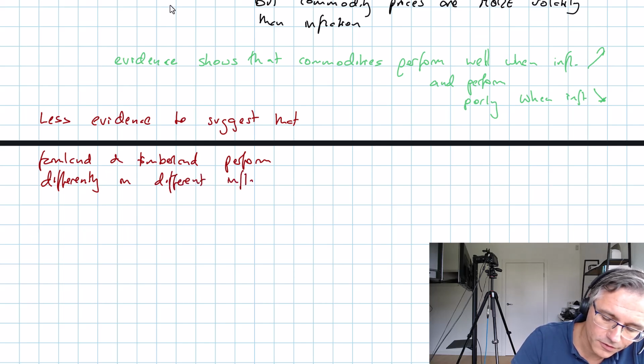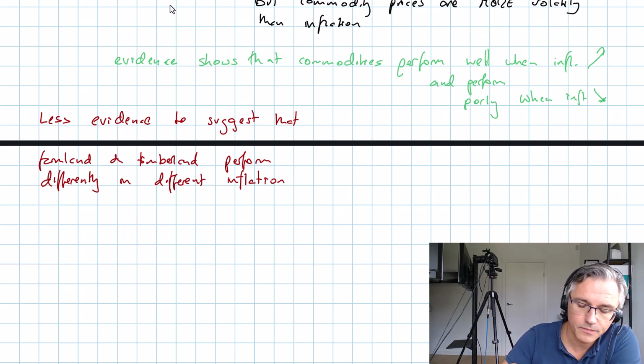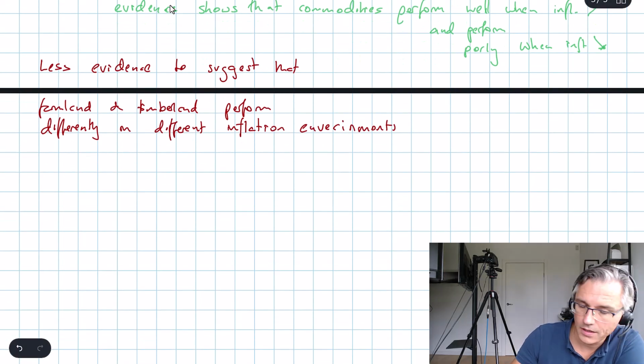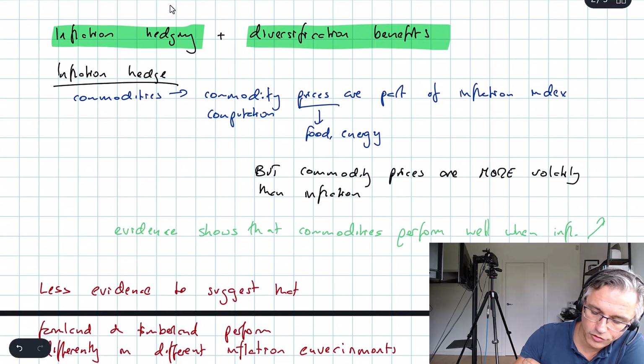So this is something your book goes into quite a lot. They kind of hammer this point quite a lot, and the takeaway should be, in terms of being an inflation hedge,